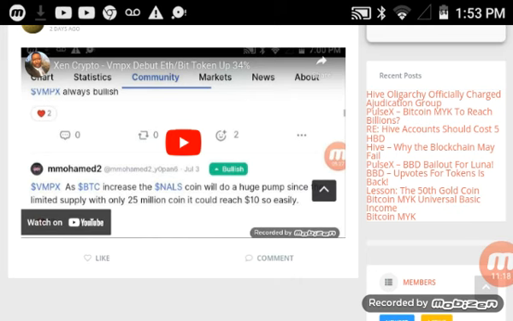I think Bitcoin MYK offers a much better value proposition, just the way it's set up. I think it just offers a better way of doing this, right? And even helping Zen with its liquidity, getting more people through here and selling it for Zen, which is fine, because as we said, Bitcoin MYK is so deflationary that even if a lot of people tried to dump it and mint it, what we're starting to see is that it's on the rise. It's very difficult to keep it down at this point.